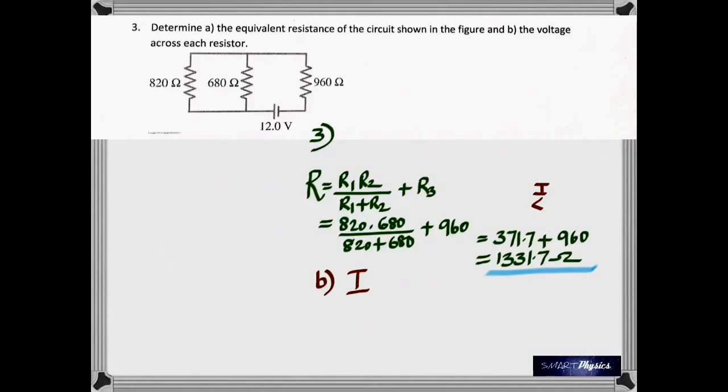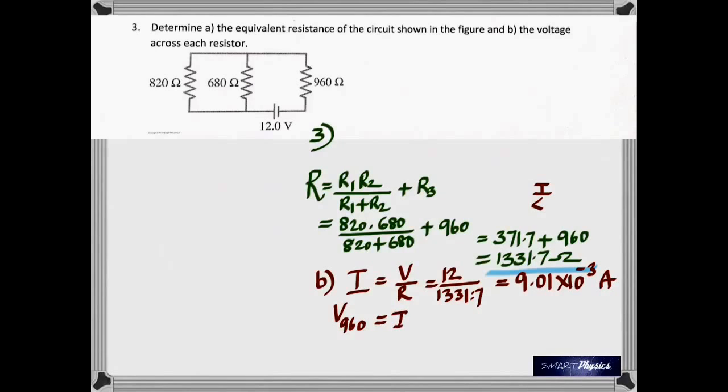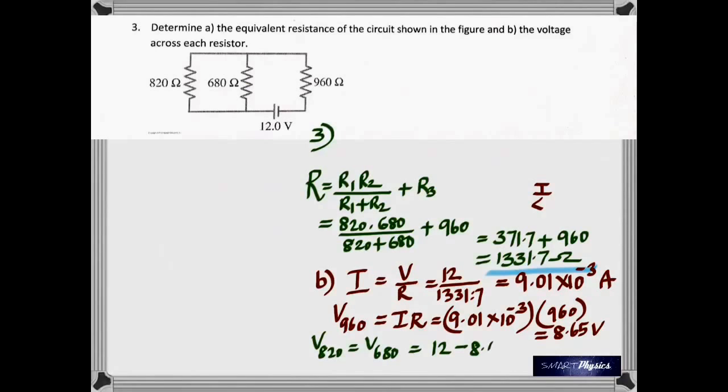In the B part, you have to find the voltage across each resistor. So find the total current first. That is the current that starts out from the battery. And once you get that current, you can find the voltage across each resistance by multiplying the current with the resistance. Since this whole current flows through 960, we just multiply that with 960. You get 8.65. And remember that because 680 and 820 are in parallel, the voltage across them will be the same. And of course, if you already got 8.65 dropped here, then the remainder of 12 should be dropped across the other 2, which is 3.35